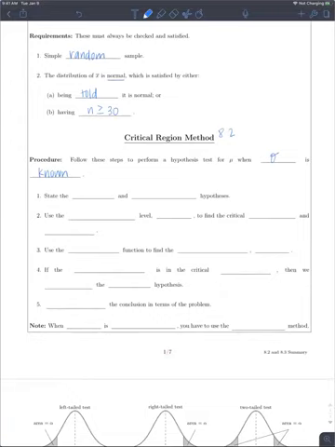It's the same format that you guys have been doing. You need to state your null and alternative hypotheses. And then what you do after you state those two things is,